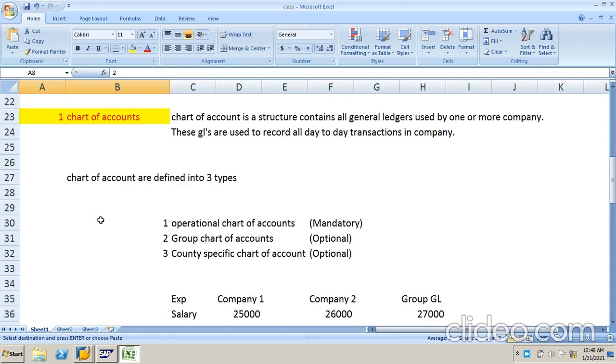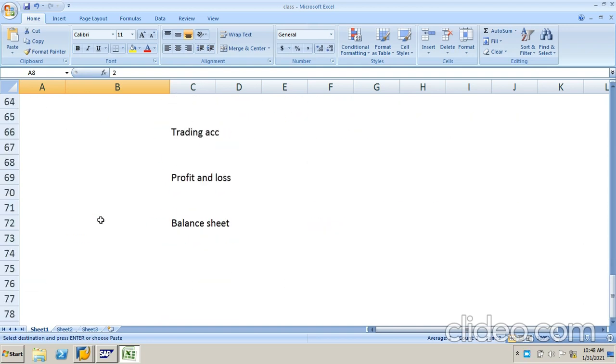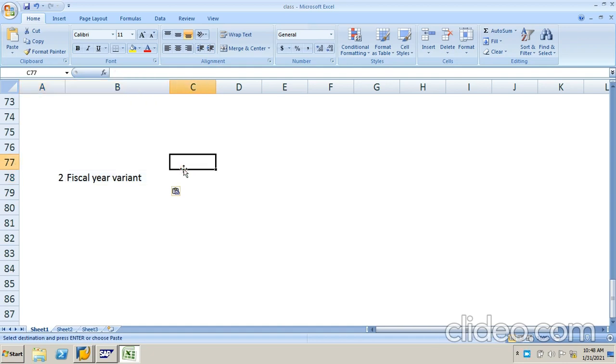First, I will give the definition for the fiscal year variant. What is a fiscal year variant? First, the fiscal year.